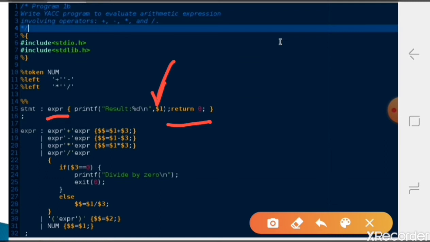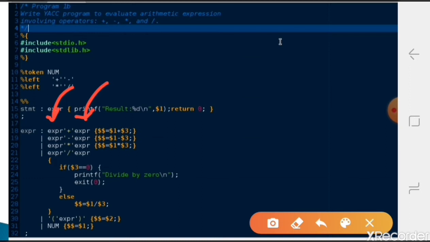Now we'll study how, for productions like E producing E plus E, we have written the actions. If you look at line number 18, this is expression producing expression plus expression. On the right-hand side, after the colon, the first expression is $1, the plus symbol is $2, and the second expression is $3.